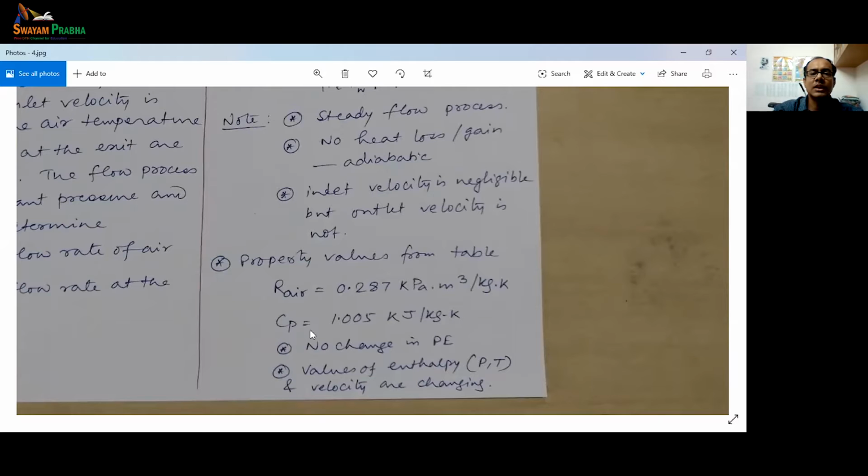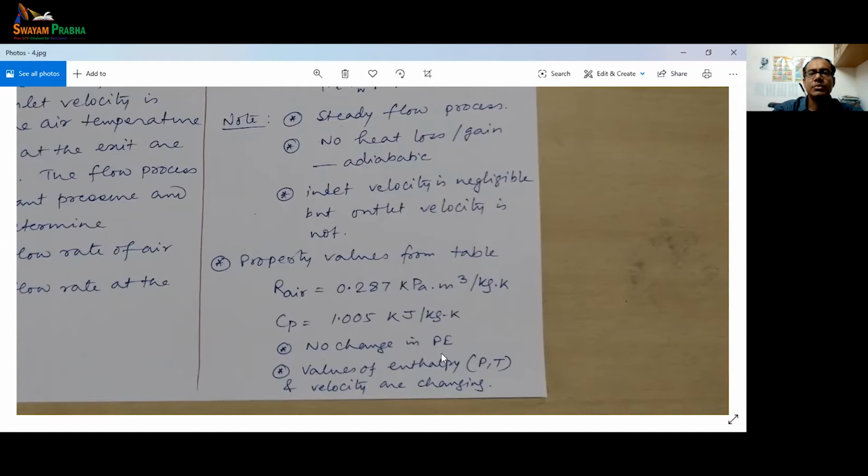So these values are pretty standard. You will use them multiple times. So for air or water, it is better to remember the specific heat and the gas constant readily, because that will save you some time in the exam. You don't have to look up the table. These are values of that frequency, so please remember them.